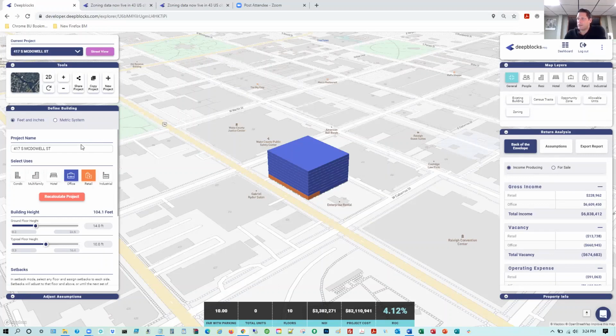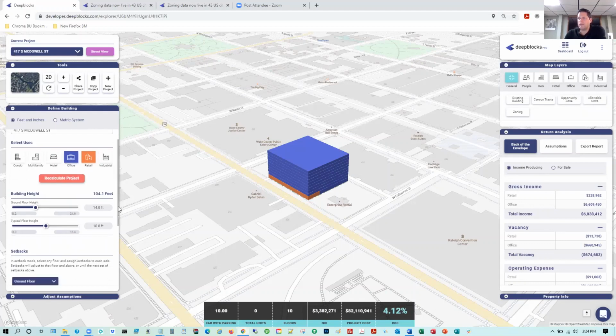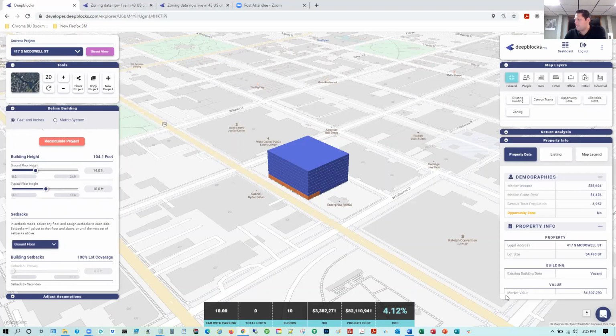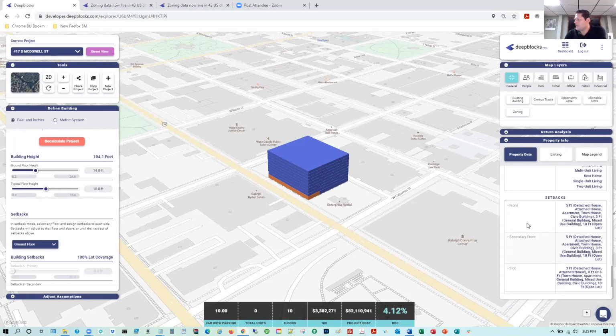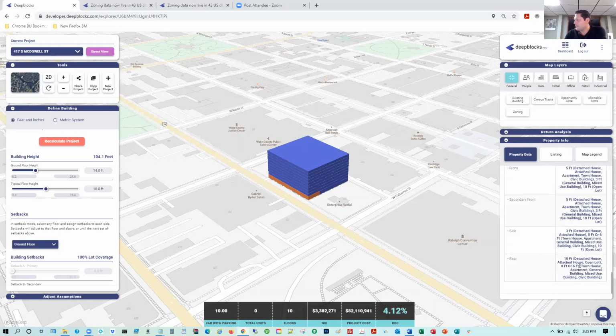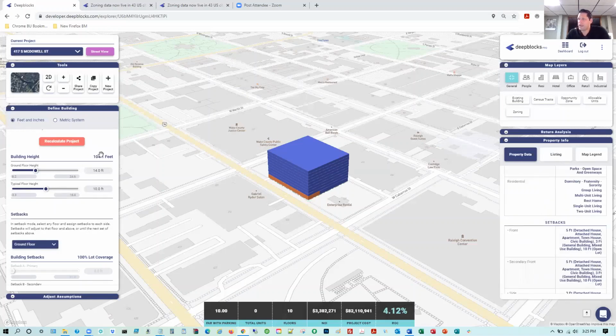property. So in this particular defined building section, this is where you can enter your various setbacks. Just keep in mind, we have our property info from that first interface that carries through into the back end as well. So you can kind of look at your setbacks. There's your front, secondary, sides broken down in specific detail based on if it's a detached house versus townhouse or different types of uses. For this, obviously, we're in more of a commercial use. I believe we can go with some of the second, this mixed use right here. So we can follow the 0 foot or 6 foot setbacks.